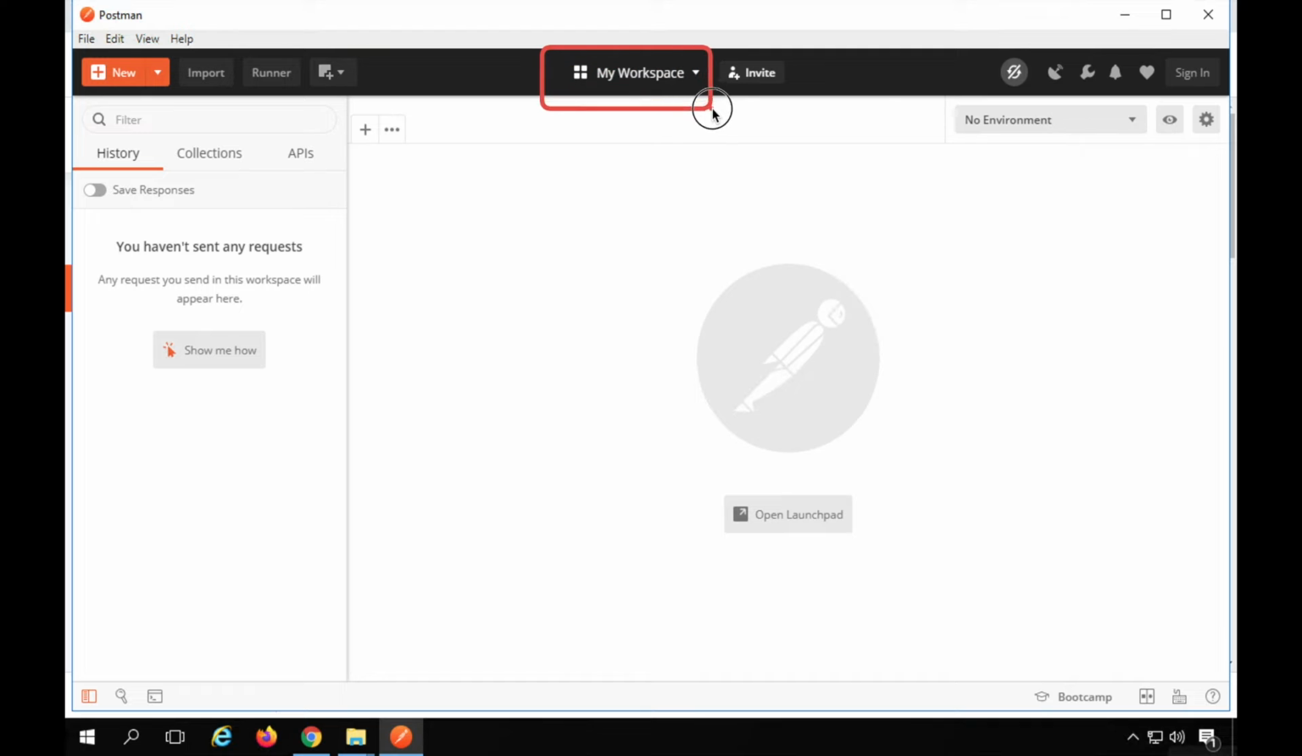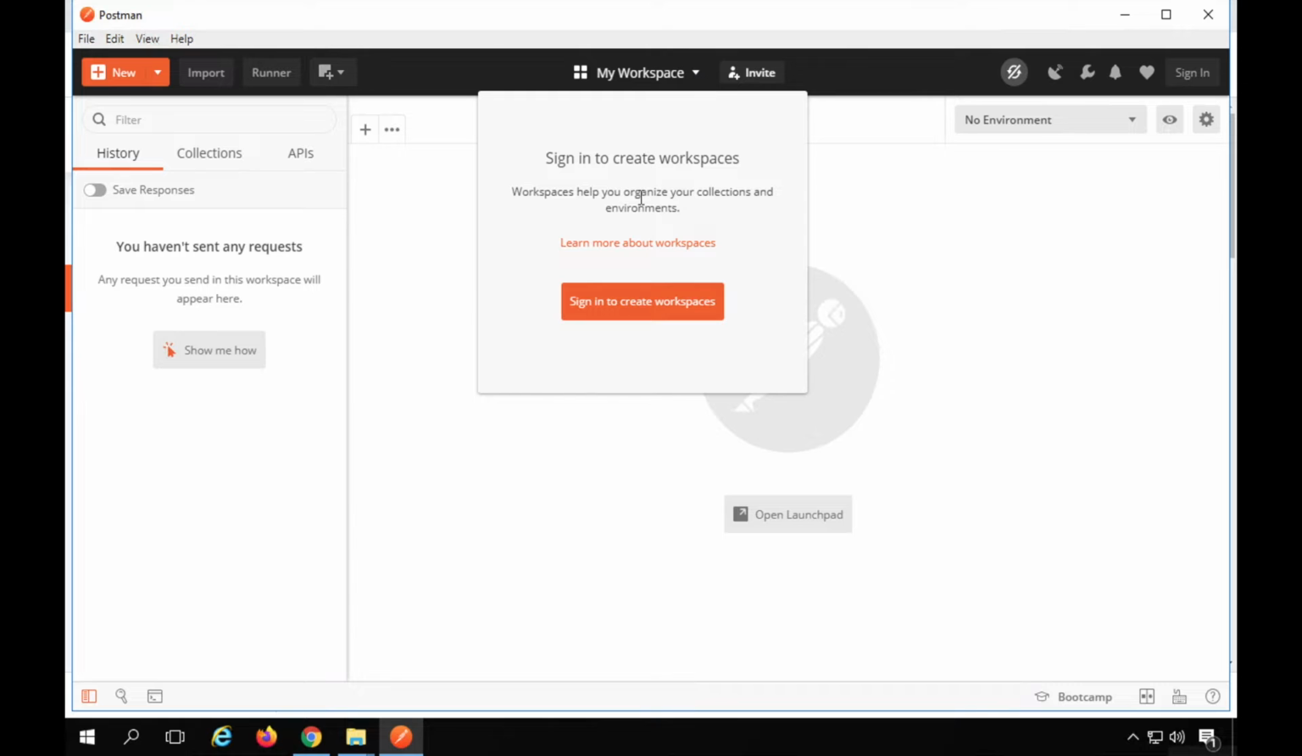Now if you come here, we have an option for workspaces. In Postman you can create multiple workspaces, and then we can also collaborate between teams using the workspaces. Now here I am not getting an option to create a new workspace because I am not signed in, so I will have to sign in to create a workspace. Also you can check a sign in option is here. So let me click on sign in,